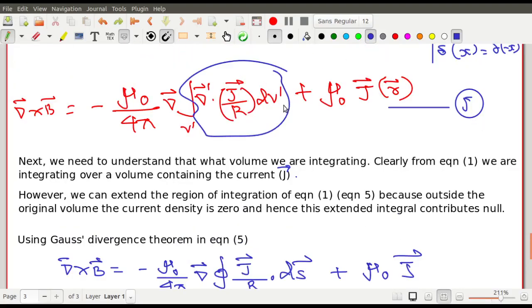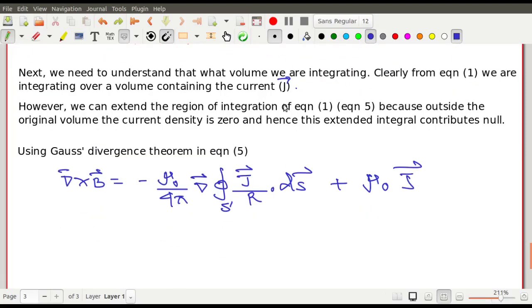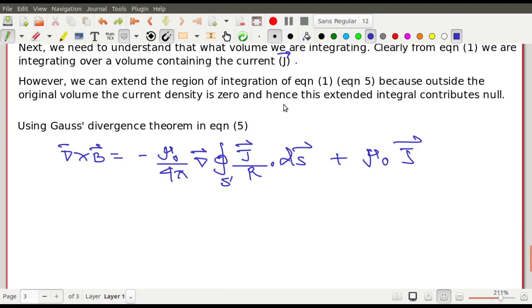Divergence of a dv means a dot ds. পড়েছো, you have learned it in the classes of vector analysis. Using Gauss divergence theorem in equation 5 you get this, তুমি এইটা পাচ্ছ।